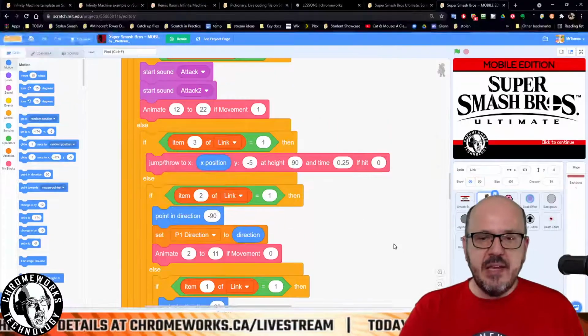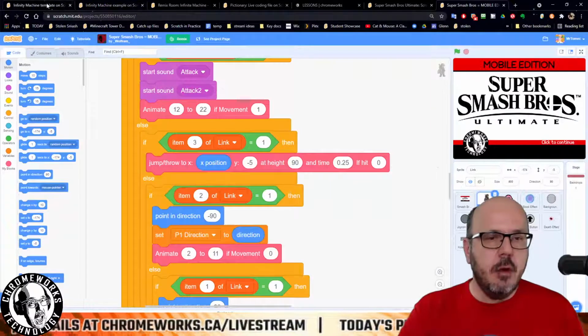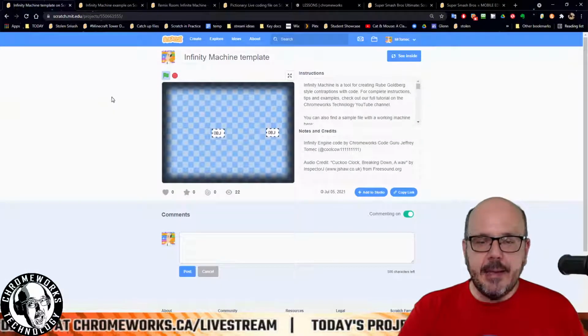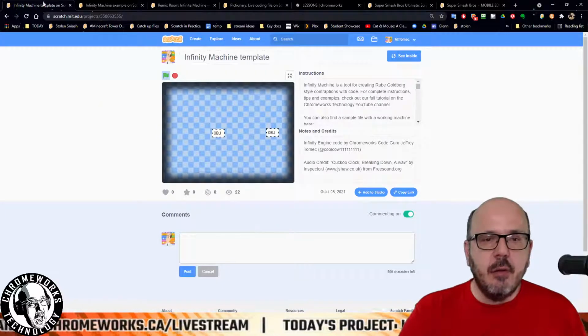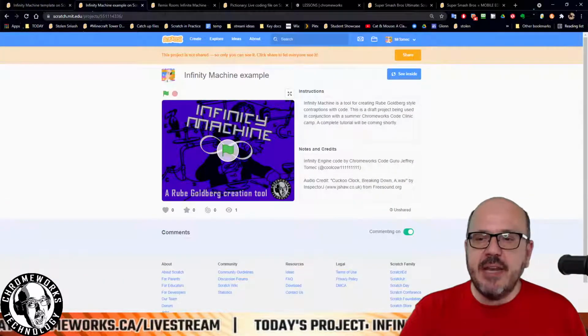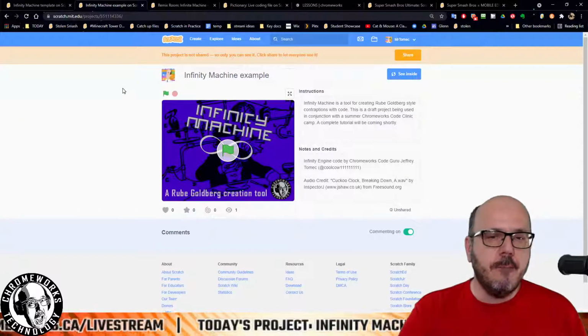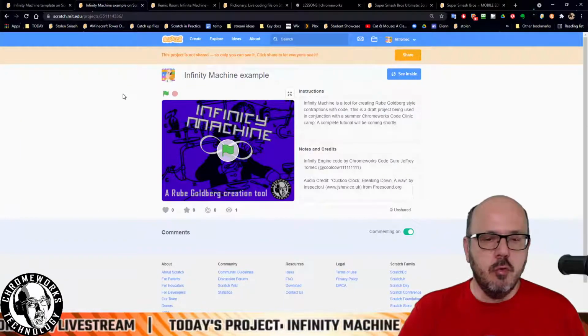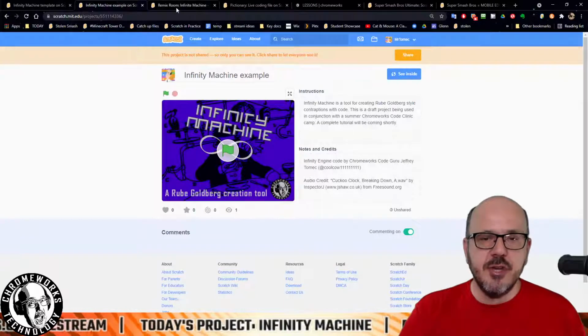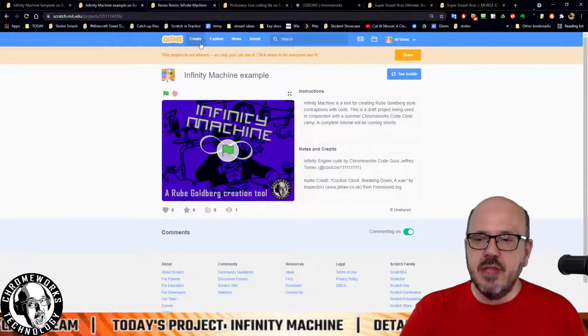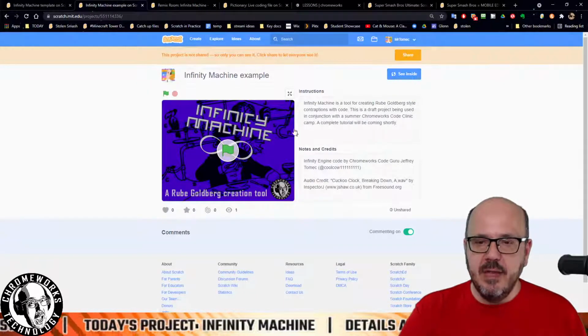And so he did most of the heavy lifting in the coding. It's called the Infinity Machine, and I wanted to tell you guys all about it. So the Infinity Machine is an engine, or basically a building block for creating your own Rube Goldberg machines in Scratch. And I have an example one here that I want to show you guys that kind of gives you